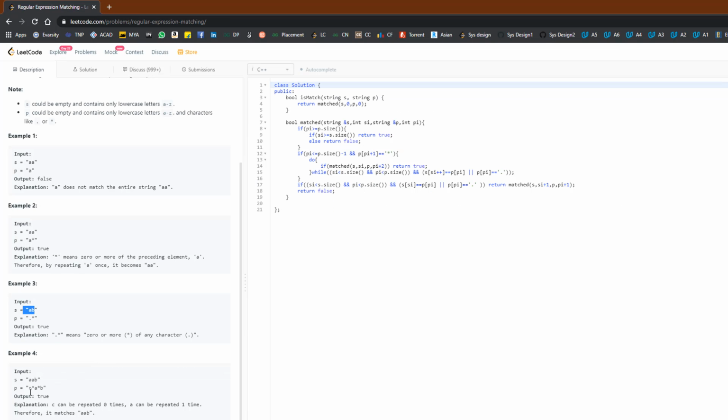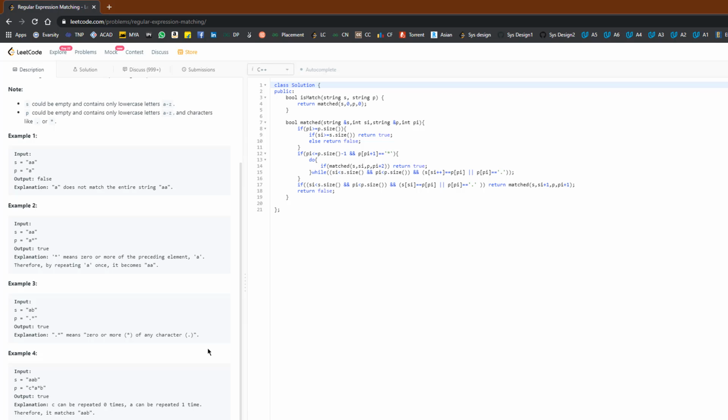And here, for example, C star is there. What this basically signifies is we can have either 0 or n occurrences of C. So we will choose 0 occurrences of C, then we'll go to A, and we can have n occurrences of A, but we will choose only two occurrences because there are two, and then we will match with this B. All right. Okay. So this problem can be categorically divided into three parts.